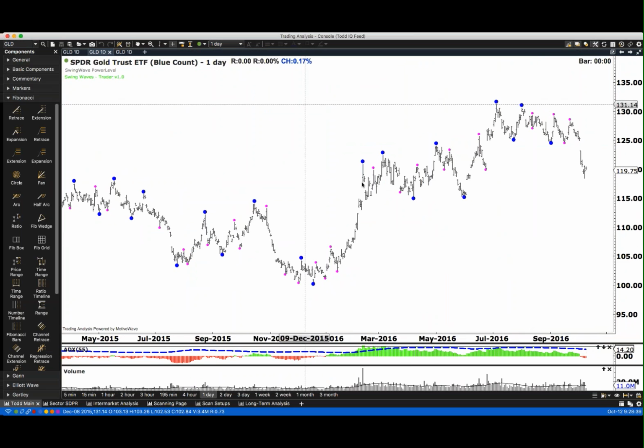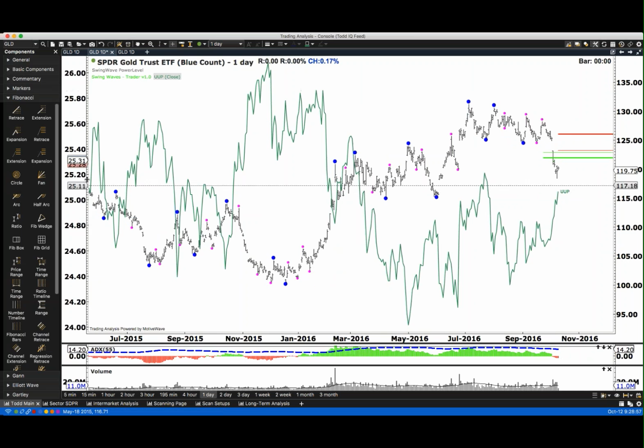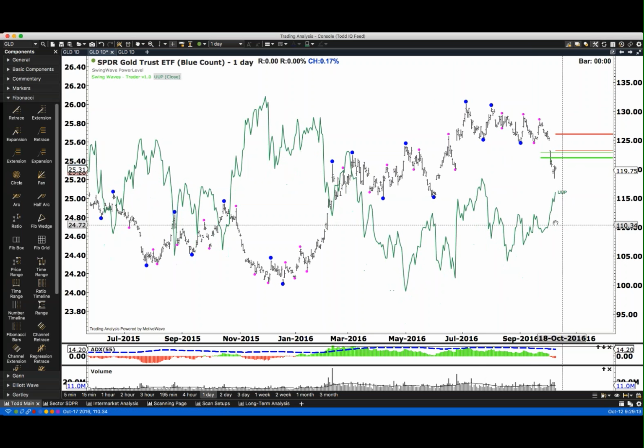So here's GLD, and let me just add instrument overlay. Let me throw UUP on top of it, which is that dollar ETF. And let's see what's going on. Make it green, create. Okay. So dollar's moving up, gold's moving down, I would say. I'd say they're going kind of together, right? Or they're going inverse. I'd say the dollar's rallying up, gold's breaking down. I would say the gold market looks like the dollar's a little stronger, I would say, because, well, not really.